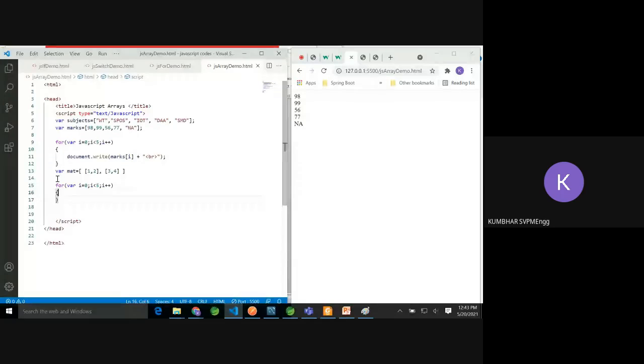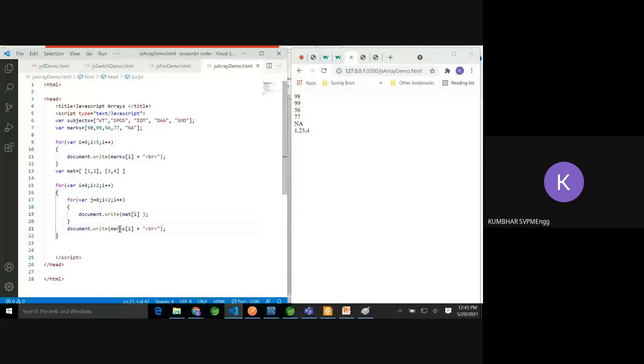Let's print this. I have to go with two loops if I want to print it as a matrix. So I'm going to write it. Let's say i and j, and size is 2. I want to print that value. Okay, but I don't want to go to a new line every time. I just want to print. Let's say it is mat.